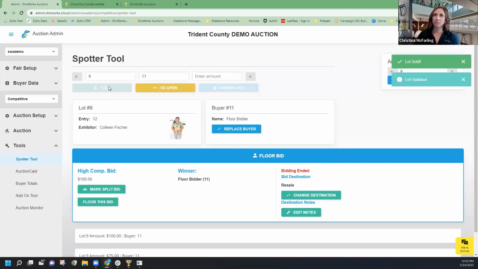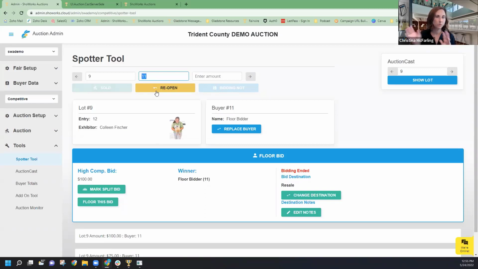At that time, the clerk is going to mark this item sold. Any point you could reopen it. That's up to you. If you needed to do some cleanup down the way, or if it needed to be reopened immediately, you could do that. But your auctioneer is going to say, we want to thank buyer number 22, Janie Jackson. Your clerk is going to enter the buyer number and then click replace buyer. Everywhere on AuctionCast, on the online site, it now shows that Janie Jackson was the winner of lot number